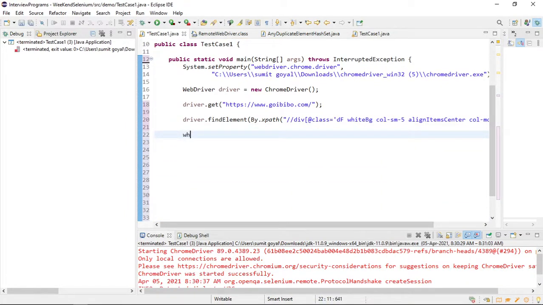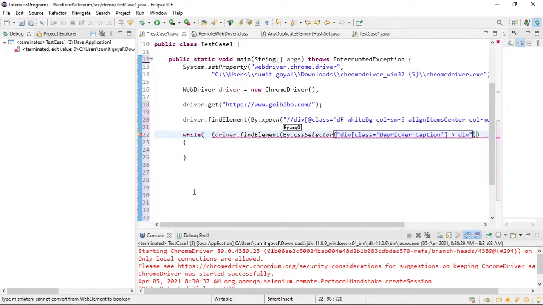So first use one while loop, and inside that while loop, provide one bracket, and here I will write driver dot find element, driver dot find element by dot CSS selector. What is the CSS which we have created? CSS is this one, right?